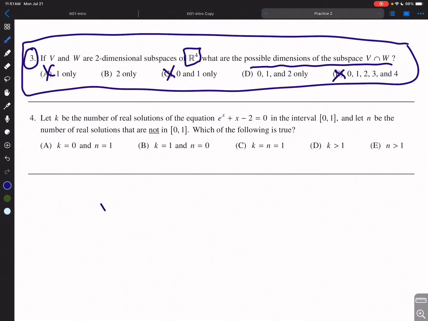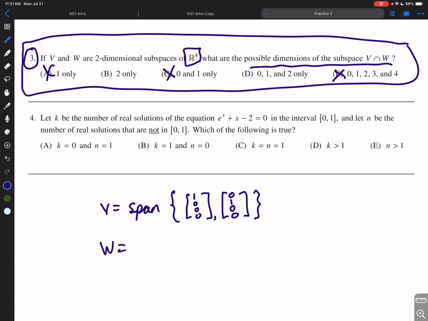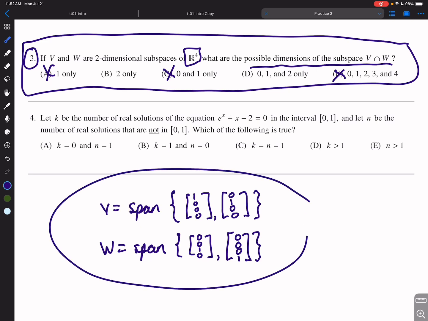V could be equal to the span of the following very simple elementary vectors. And then W could be this other span. And then it's very easy to check that the only vector shared between them is the 0 vector, so that space has dimension 0. So that's a quick demonstration that it could have dimension 2, it could have dimension 0,